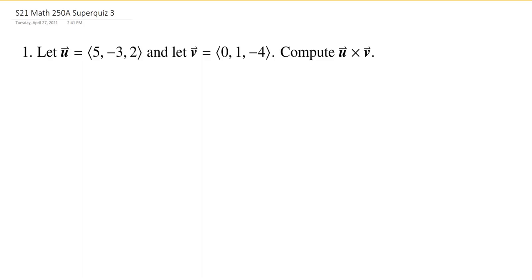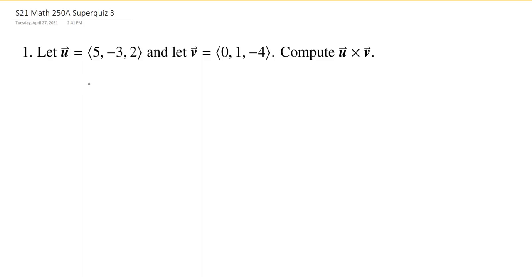So this is the video solution for problem 1 on the exam, which is a very straightforward procedural problem. We're given two vectors and we're asked to find the cross product. Everybody has their own favorite way of doing it, so I'm not going to probably tell you anything new, or maybe even do it the way you like to do it,